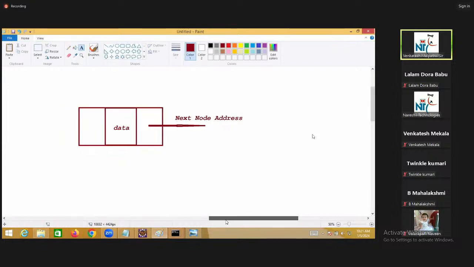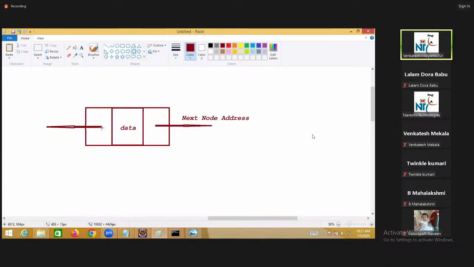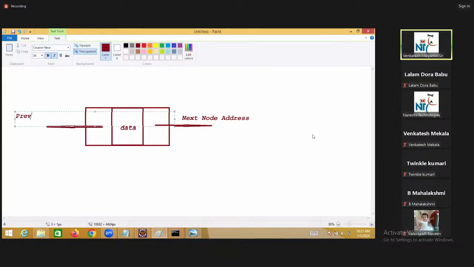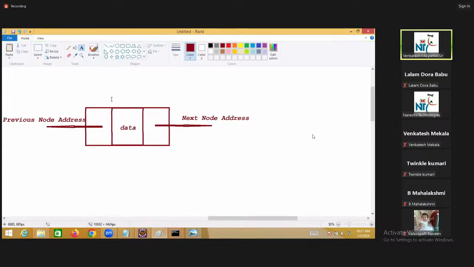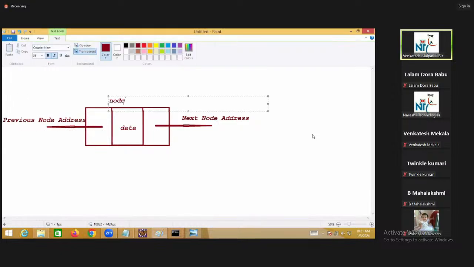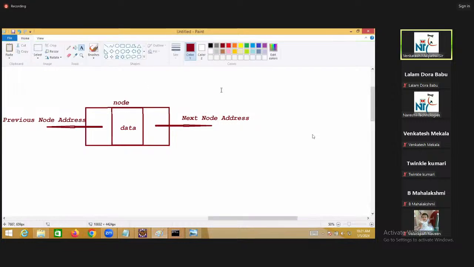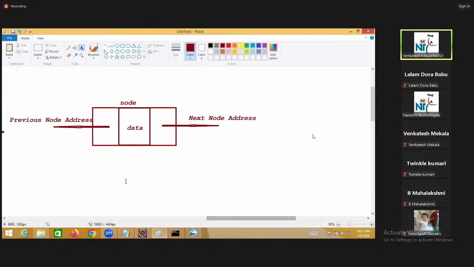Here the previous node address. Draw like this. This is known as a node, a LinkedList node. It means an element will have three parts: the actual data part, and before that, two addresses, next node address and previous node address. This kind of representation is your